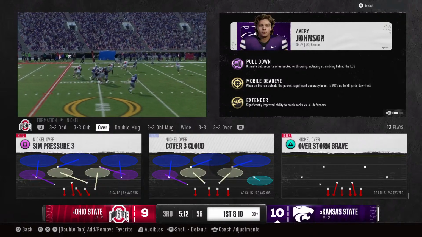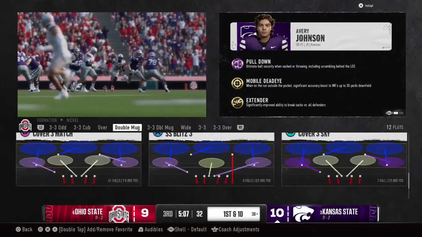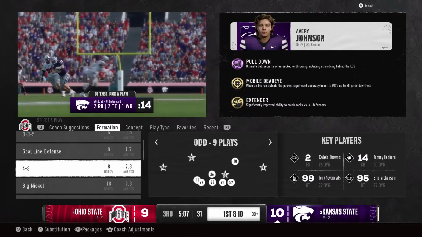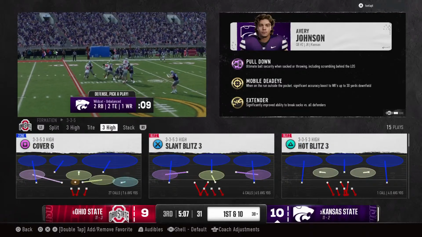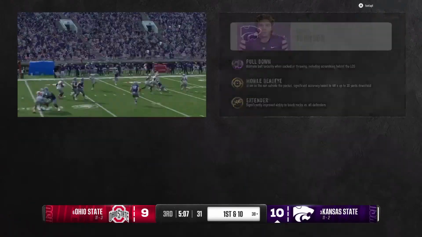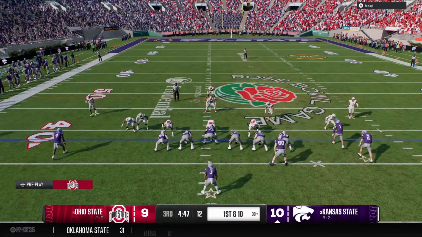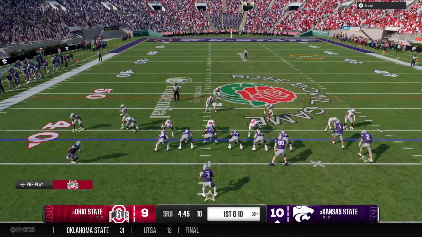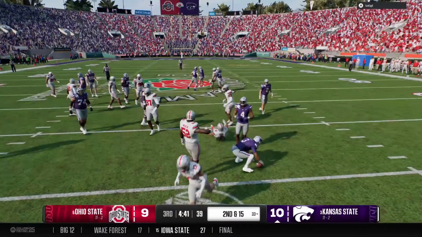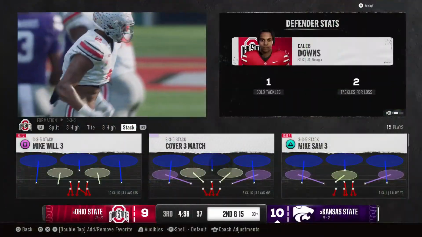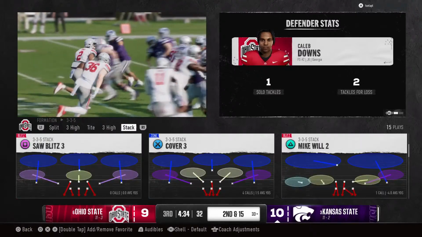Chris, watch him work through his progressions here. Finds the first and the second option aren't there. By the third option, he's got to pull it down and try to pick up some positive yards, of which he did, and then he slides down to avoid the big hit. First and 10 play coming up. And they'll tackle him for a loss of 5 yards. That back just had nowhere to go. Got to give credit to the defense and their run fits on that play.